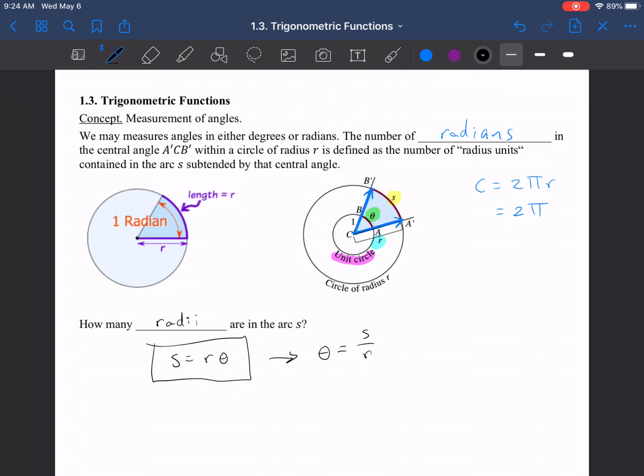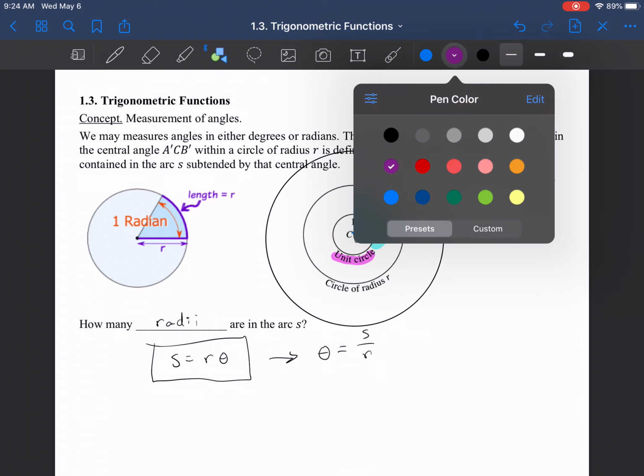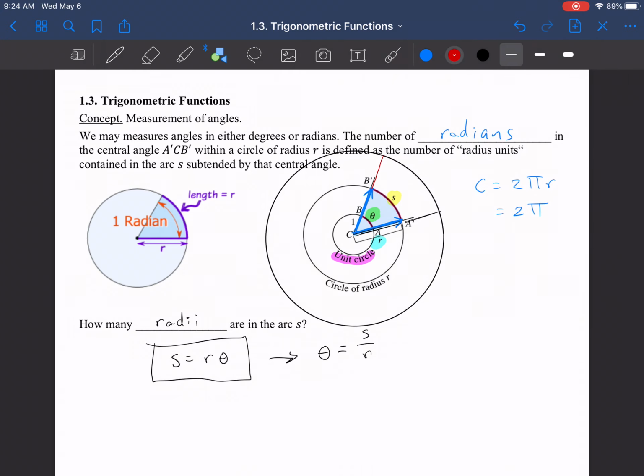So if I come up here and I draw a circle, like say, this was our radius here, and I come here and I make double the radius, and I draw a circle with double the radius. See if it makes a nice circle there for me. Yeah, it did. If I do that, and I extend these lines out further, then what's going to happen is this little arc length right here, this one on the larger circle is,